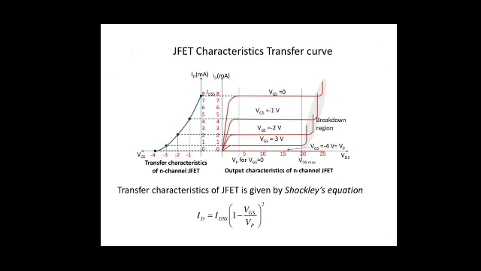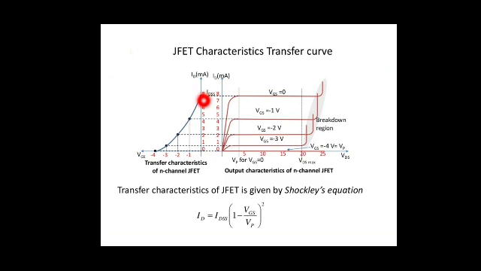So in JFET input characteristics, you will try to compare the ID with VGS. You will compare the value of drain current ID when you vary the gate to source voltage. When you vary the gate to source voltage, you will see how the current ID value is changing. So here, first you will keep VGS equal to 0, and you will try to increase the VDS.